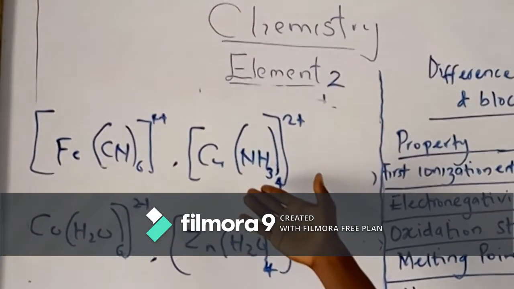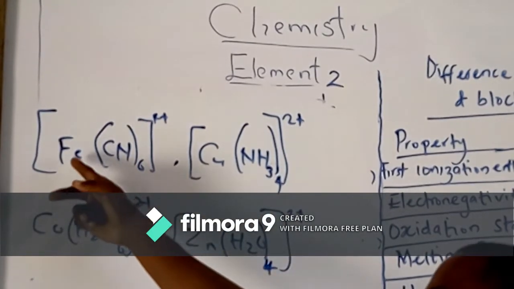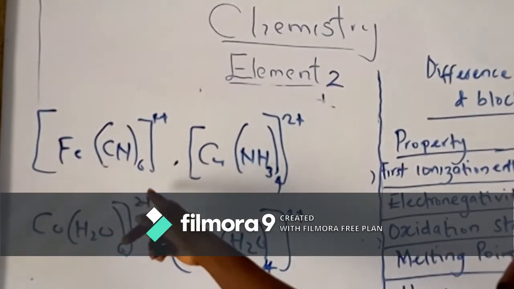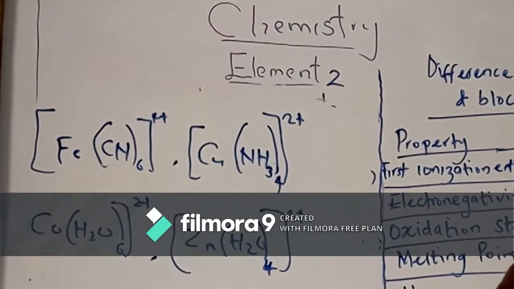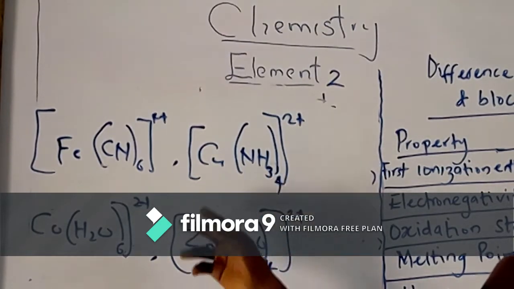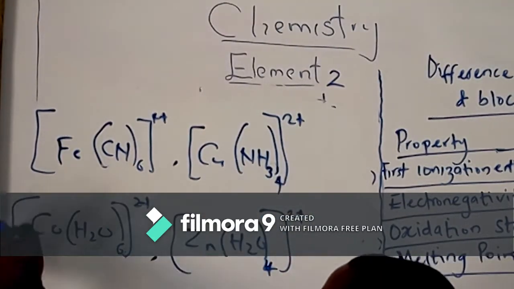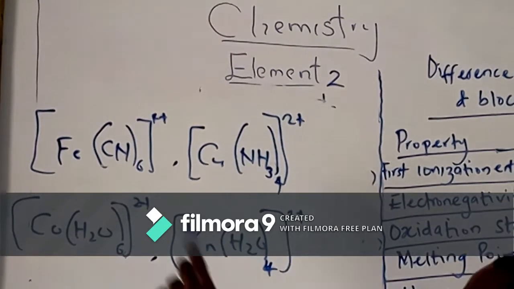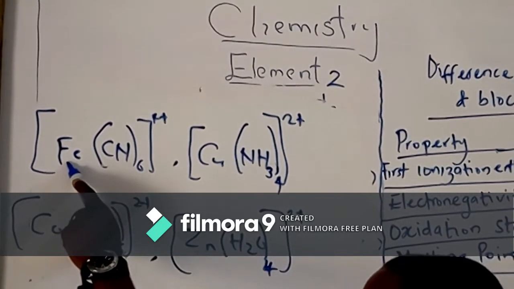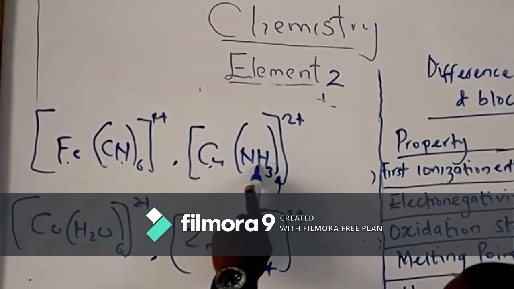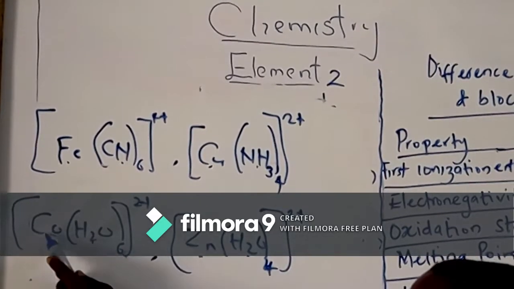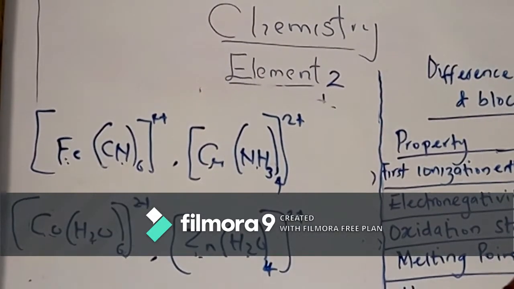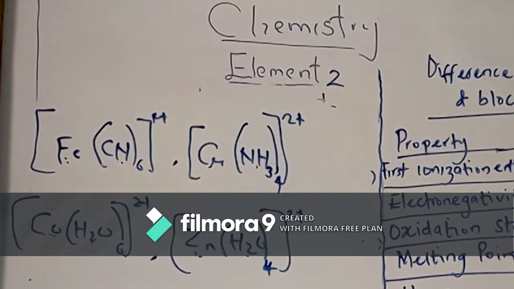So examples of complex ions are these: iron, or you have hexacyanoferrate 3. And we have this, and we have this. These are examples of it. Don't forget, this is the central metal, this is the ligand. Central metal, ligand, central metal, ligand. Cobalt, zinc, copper, iron, they are all transition metals. So for a complex to be formed, a transition metal must be included as the central metal and it must be surrounded by ligands.